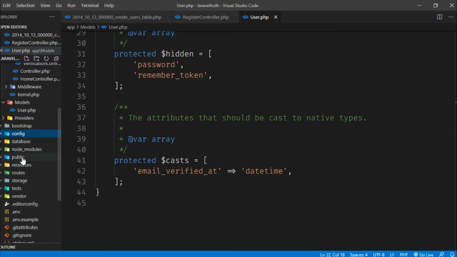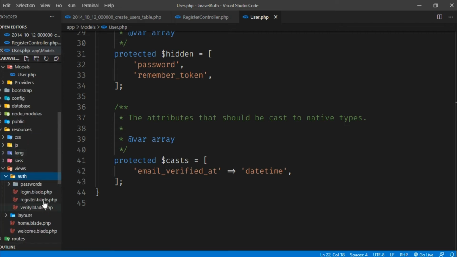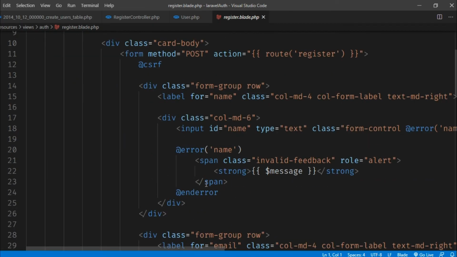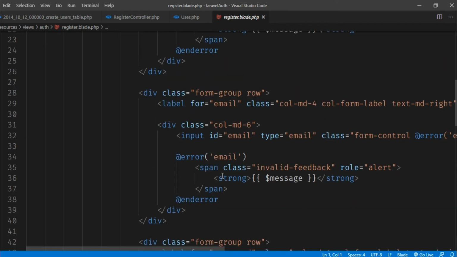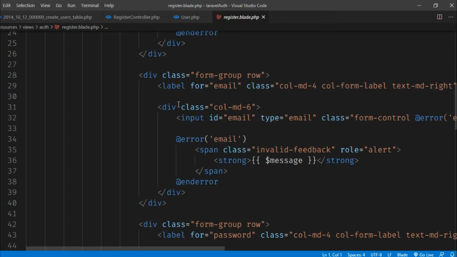Now let me move to resources, views, and the auth folder. In register.blade, we already have all the things, but below the email I want the mobile field to be shown.